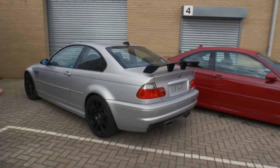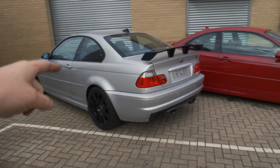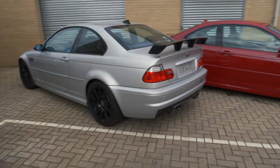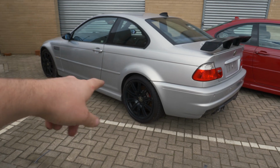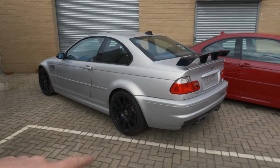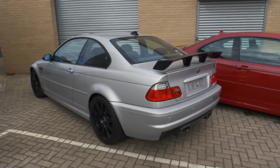Just visually to start with, it is, I think it's called Titan Silver. I'm not 100% certain about that. Wouldn't really be my first colour of choice, but I'm just not massively into silver cars personally. Obviously not a deal breaker or the end of the world. Black wheels, black OEM 19s. Not really a huge fan of black wheels personally. I think they're a bit played out and everyone does it, and from a distance black wheels all just look the same. So yeah,